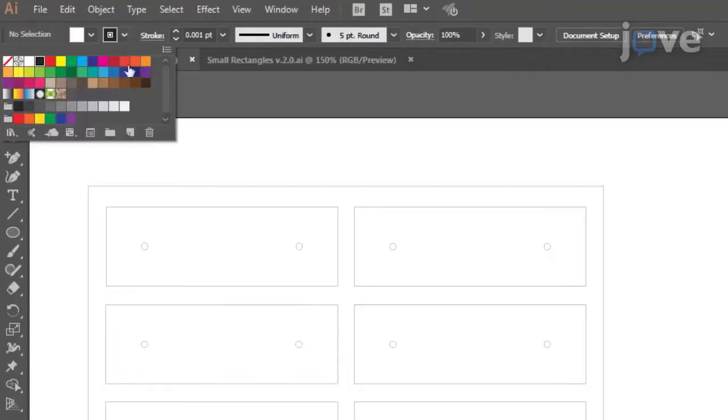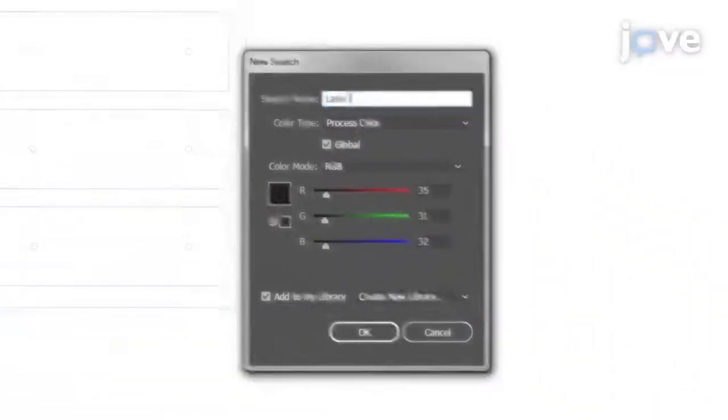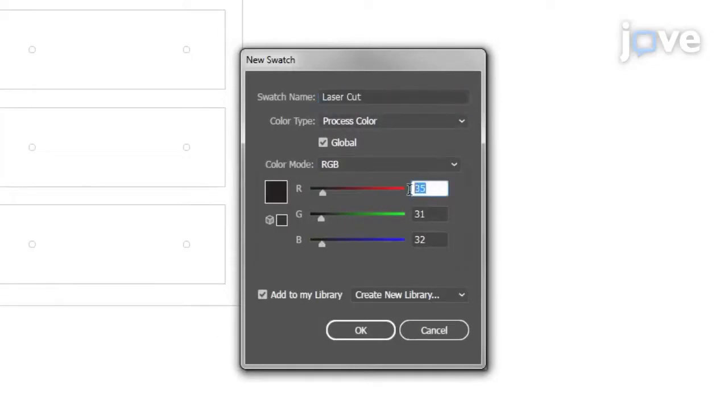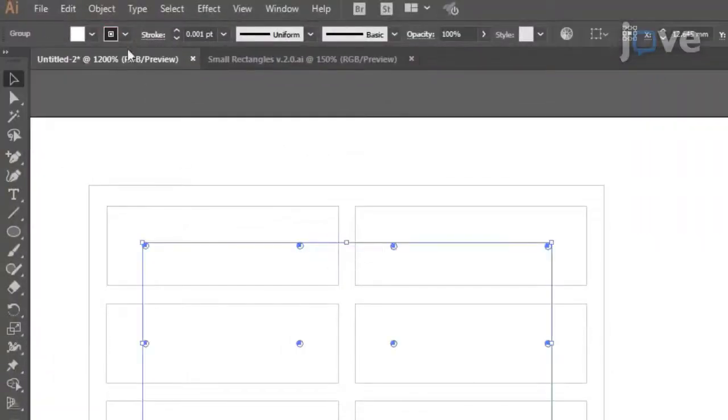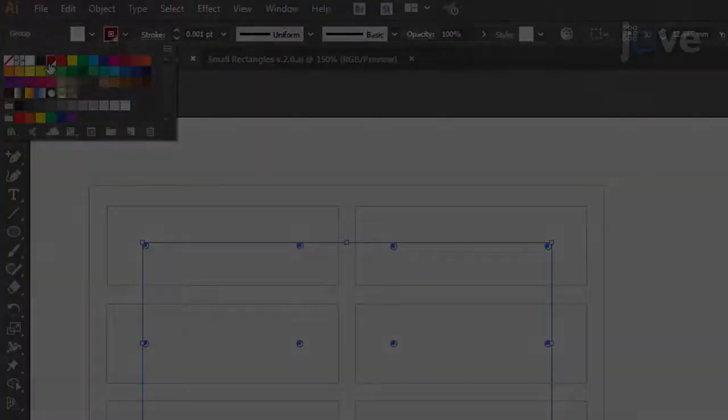Next, open the color picker in the top left-hand corner of the window and define new color swatches that are compatible with the laser cutter software. Select each path and assign it an appropriate color from the cut swatch. When finished,